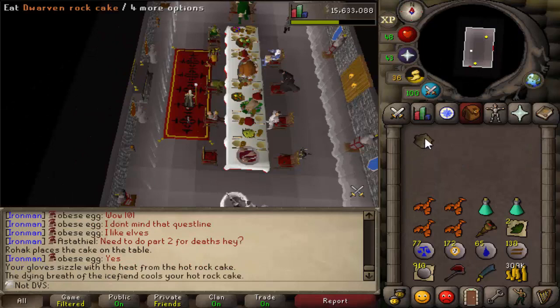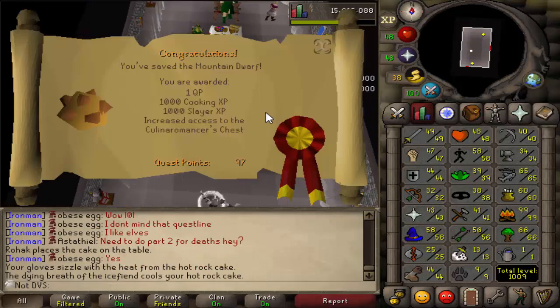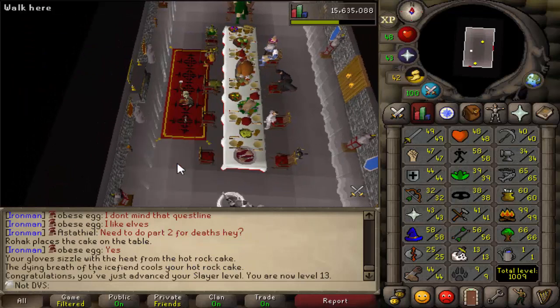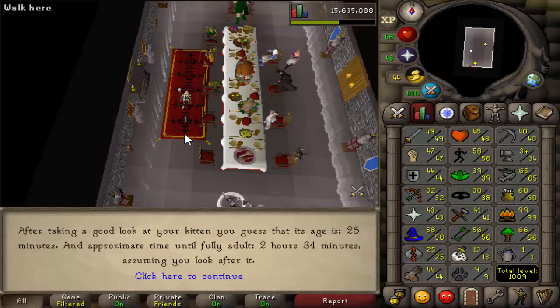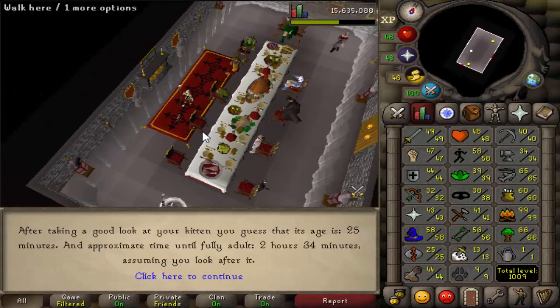finished. From looking at the rewards for this, I didn't even realize that it gives you 1000 Slayer XP. So I guess there's 9 to 13 Slayer as well on top of finishing the first subquest. Also, with the cat, I didn't realize that they actually added a guess age option so you can tell how much longer it's going to be until it's grown. I haven't had to deal with cats for a pretty long time on the game, so I had no idea